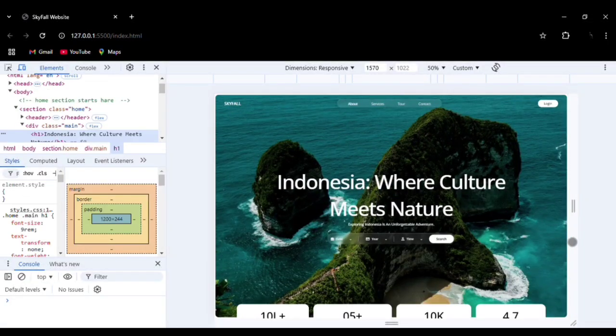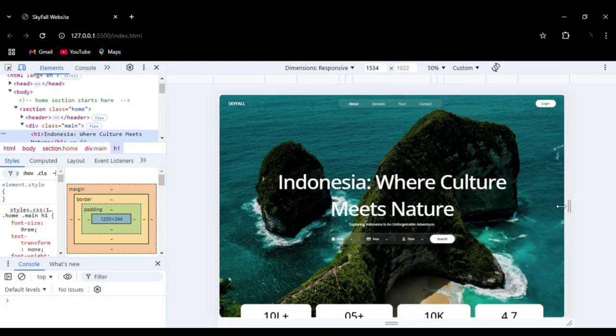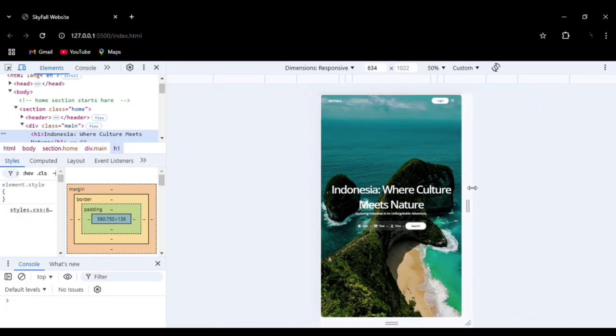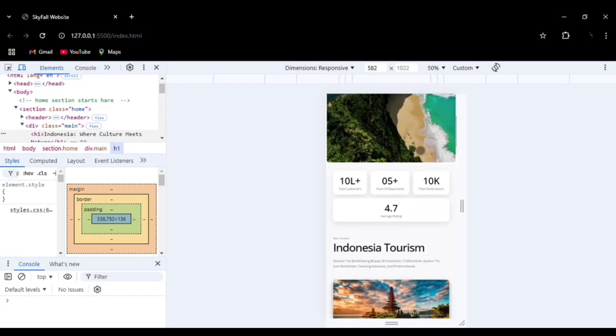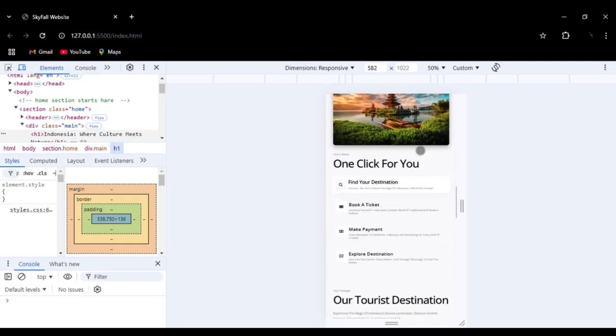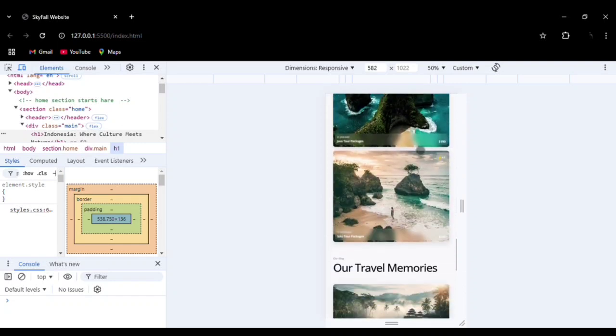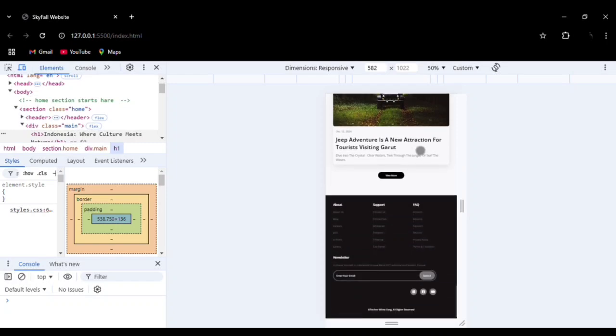Now let's go through the mobile version. Show you the mobile version of the website. You can see this is the mobile version of the website, and you can see the menu bar on the top bar. You can see how neatly aligned menu bar we have. Then you can go to the next section. You can see perfectly aligned each and every section, each and every image is perfectly aligned with the screen size